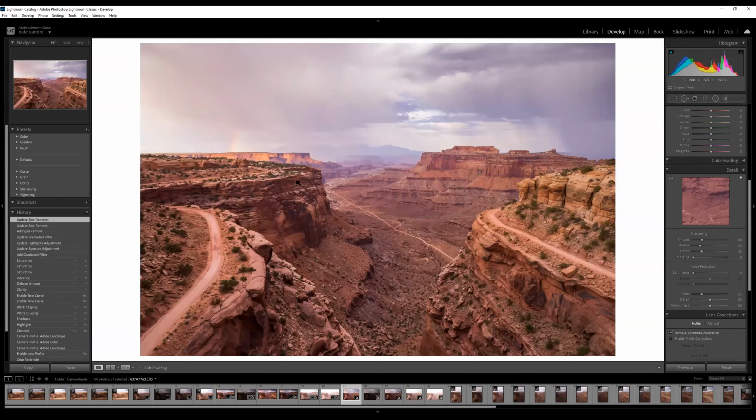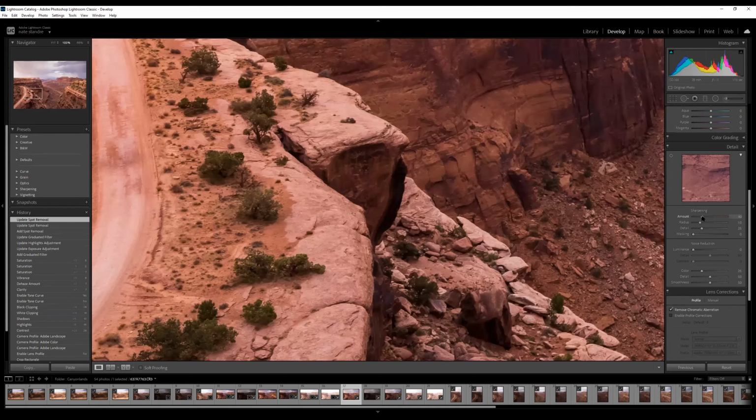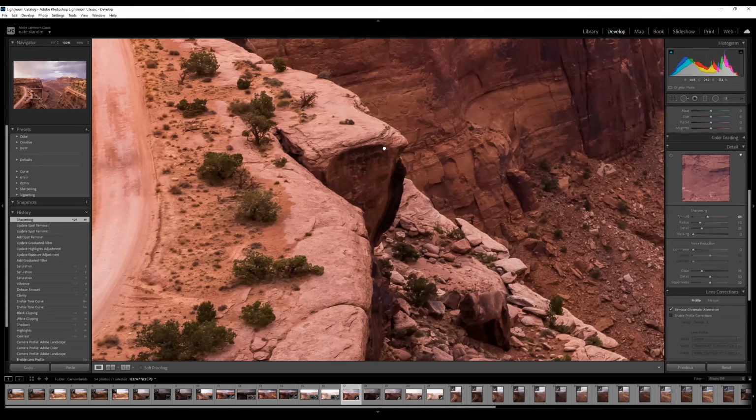So we have our ground shot. Let's make sure our ground shot is looking sharp. So let's zoom in to 100% and go back here to my sharpening tool. I'm going to up my sharpening just a little. There is more of a fine-tuned art to